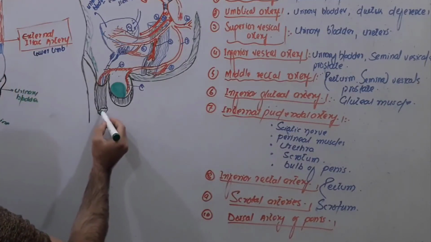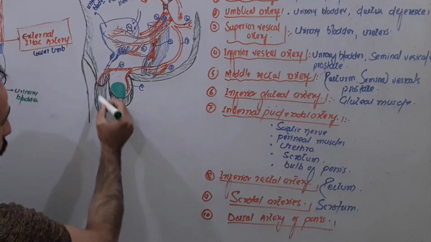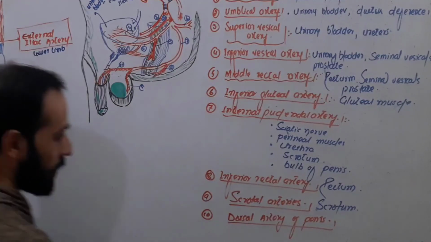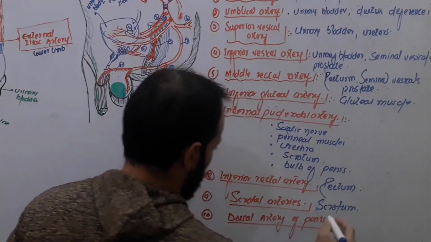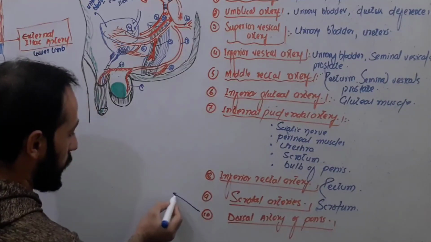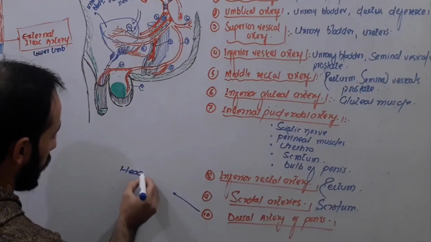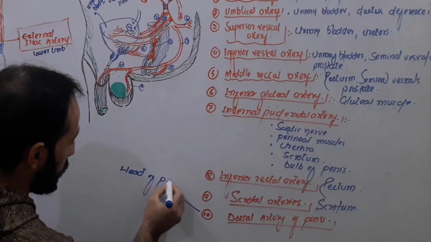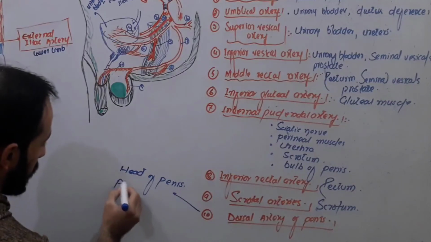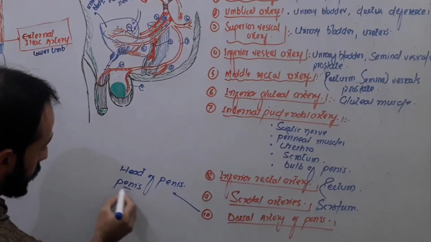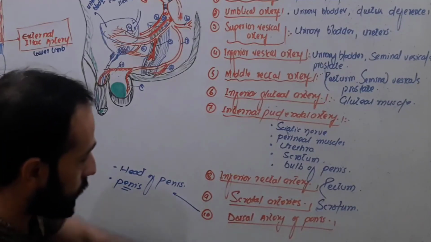This is the head of the penis, and to the dorsum of, or we can say the body of the penis, or the penis, right? So it is responsible to supply blood to which areas? I'm writing it here. It is responsible to supply blood to the head of the penis, right, and to the penis also. Okay, so these two regions are supplied by the dorsal